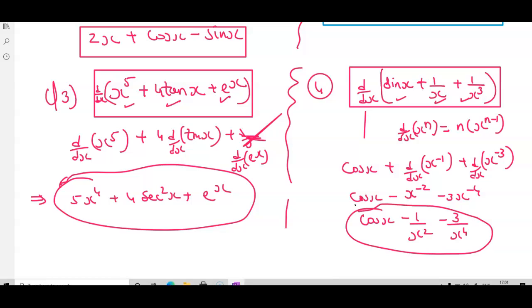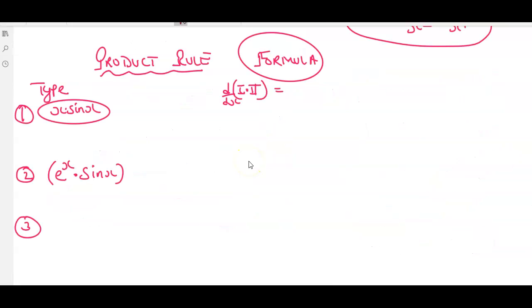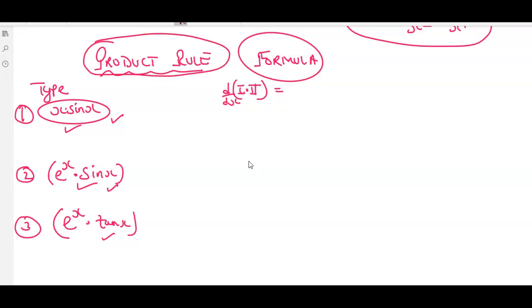So need not to worry about the questions and fundamentals. Once you know the things, automatically you have to see the positive. I was wondering that there might be some kind of questions where we have x into tan x, e to the power x into sin x, and maybe more. If you see, two functions are being multiplied over here. So I was thinking, is there any formula which gives me the solution of this? So the solution for this particular type of question will be given by the product rule.